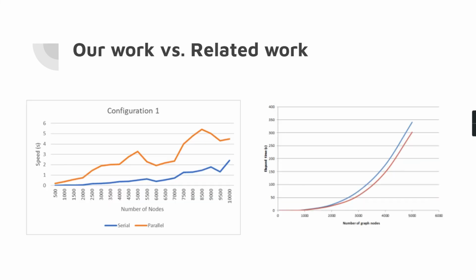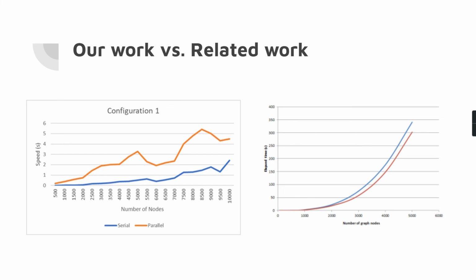So, our work versus their work. Here you can see our worst configuration, which was configuration 1, its parallel and serial outputs, and then you can see their best configuration's outputs. Here you can see how much faster ours seemed to be. With 10,000 nodes, we still only reach a little over 5 seconds or 4 seconds, while theirs was reaching about